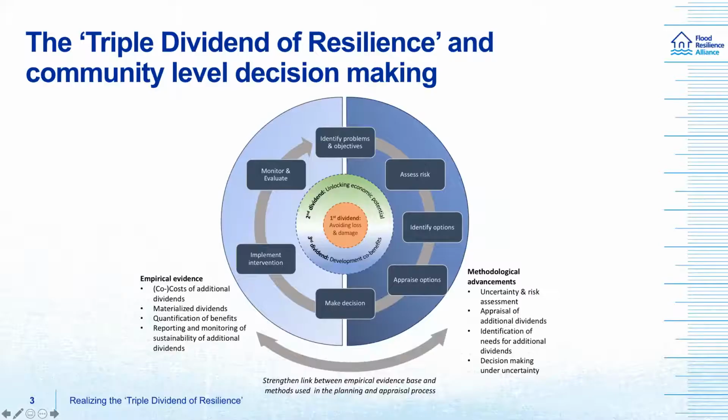Thanks. Yes. Okay. So what we did is we tried to track the triple dividend of resilience throughout the different steps of the decision-making cycle. So starting with the problem identification, throughout the appraisal of the project, and then looking at the decision on what intervention was chosen, and then through the implementation and then the monitoring